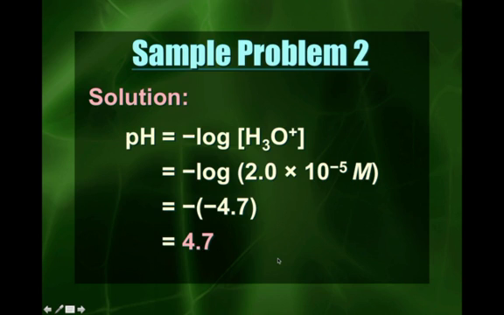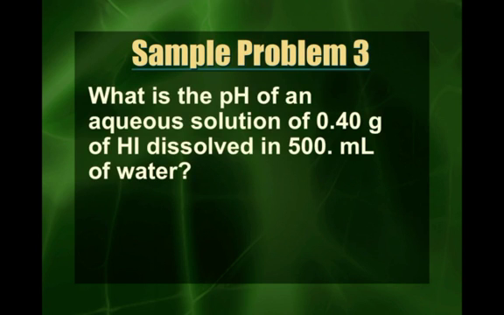So this shampoo has a pH of 4.7, which means if I ask you, is it acidic or basic, you would say it's acidic because it's between 0 and 7. That's all you have to do. Not too bad. What is the pH of an aqueous solution